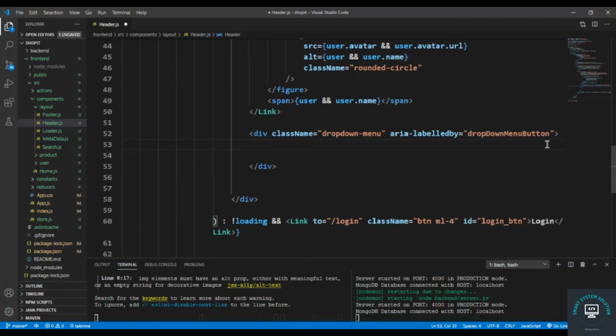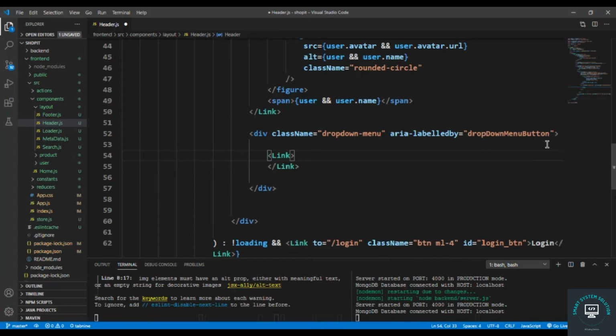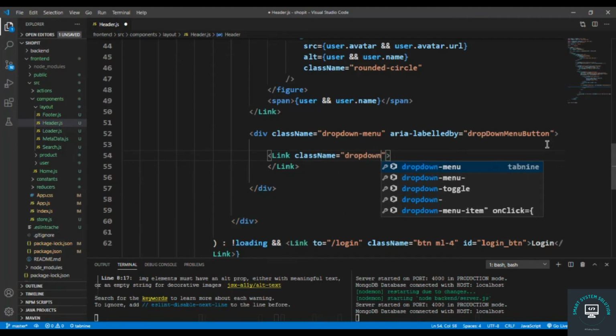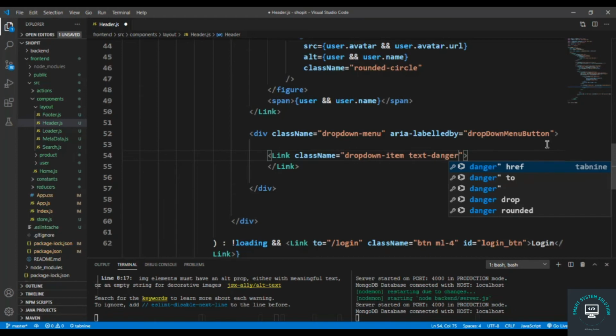Let me put here the link. Okay, so link, and link contains the class name of drop down dash item. Okay, and then also make it text danger, because this is logout option, so text danger,